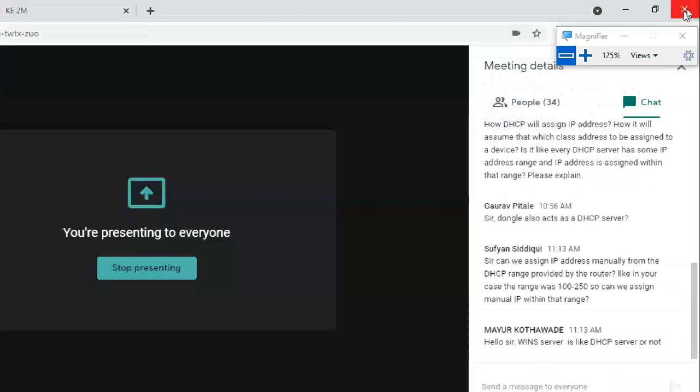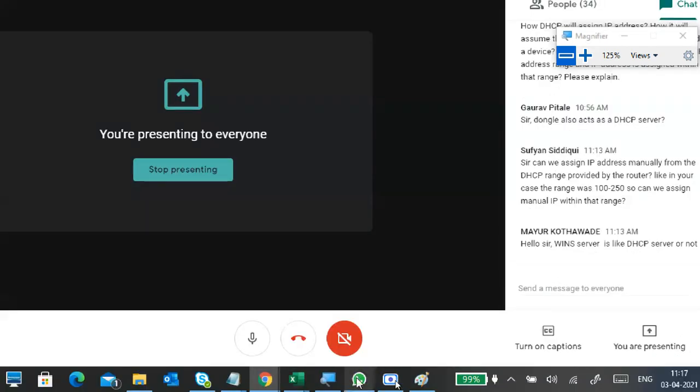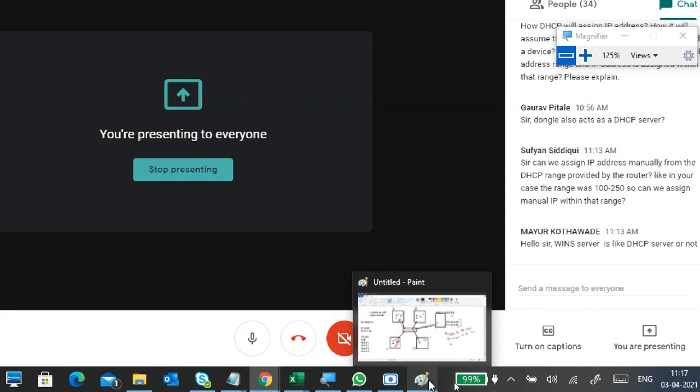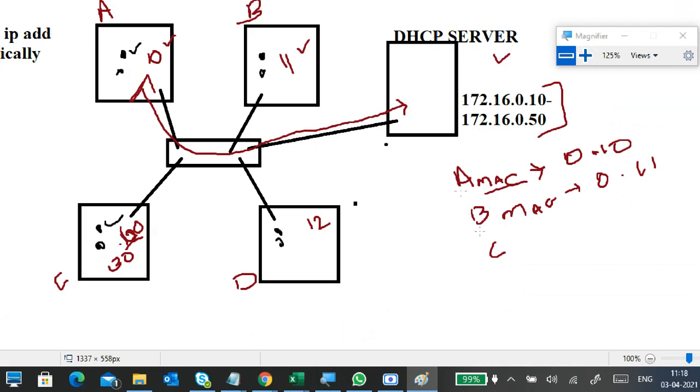Sometimes you will get the same IP address, sometimes a different IP address from the DHCP server. The DHCP server tries to store IP addresses based on the lease duration. First is the lease duration; second, the list is maintained in cache mode.